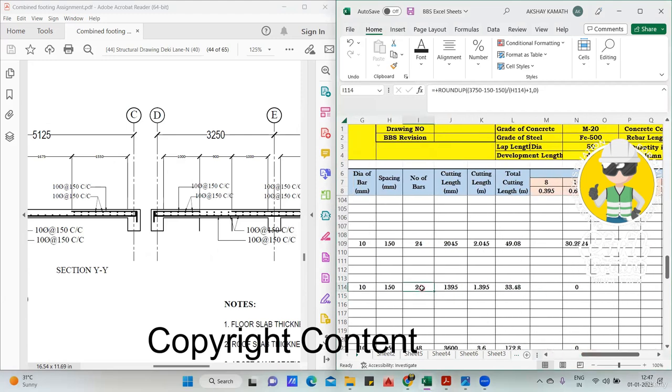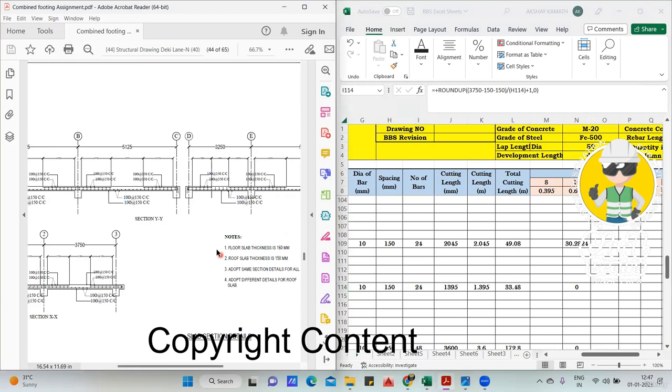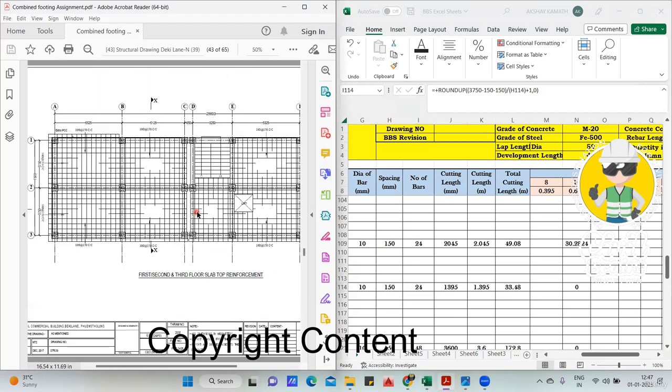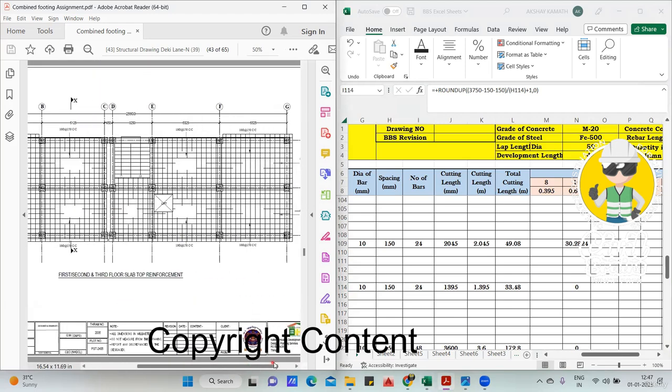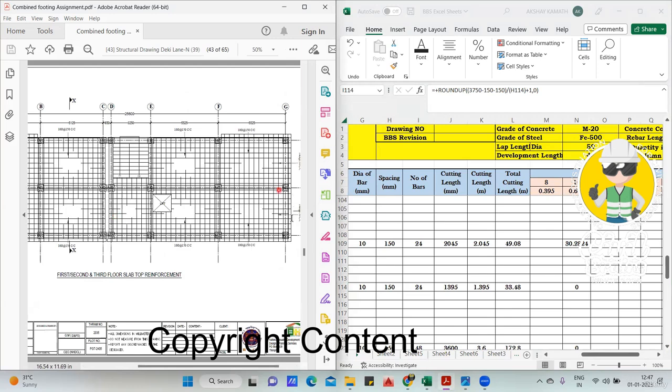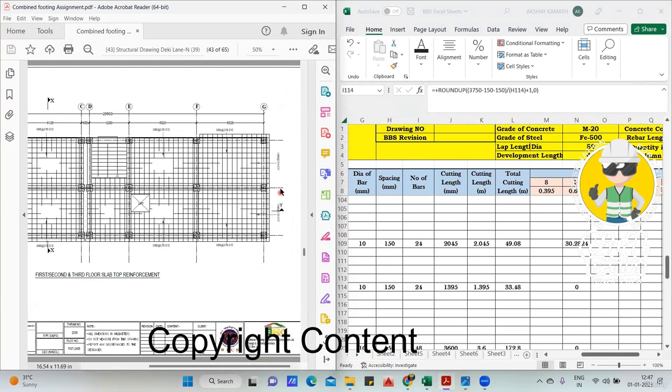Come to the number of bar. Now, number of bar, how will you find it? Again, same. I want only this length now. I'm putting a bar here. So this length is again 3750. So this is 3750. So again, it will be